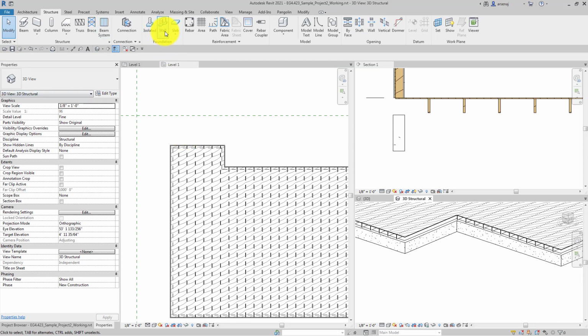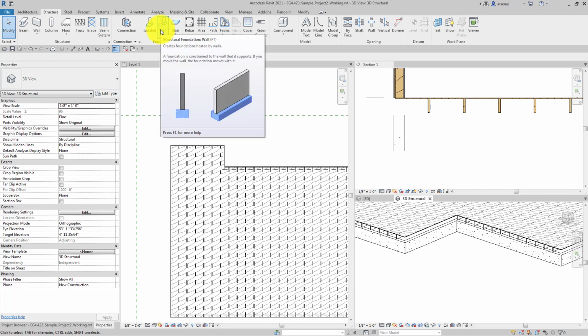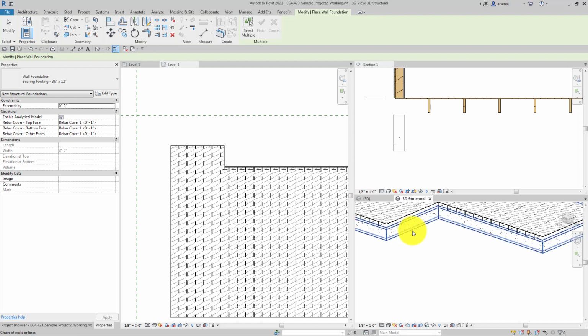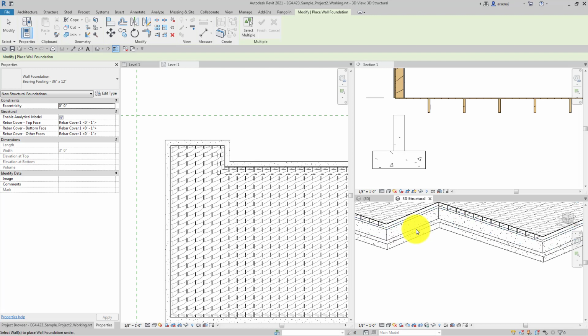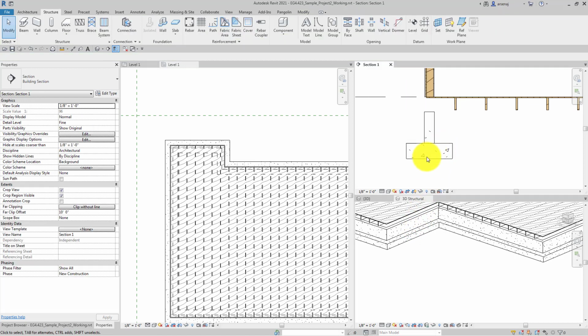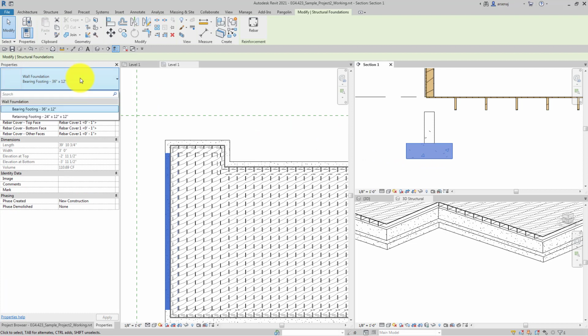So we can go to this foundation wall, and it says it creates a foundation hosted by walls, and you can kind of see what it's going to do when you press it. So you can see that it highlights that foundation in blue, and it's another easy way to quickly create your footing. So the same thing, hover over the foundation wall, tab once, selecting the entire chain of wall, and then you can see it creates that foundation. The foundation that it creates, this was the default one,